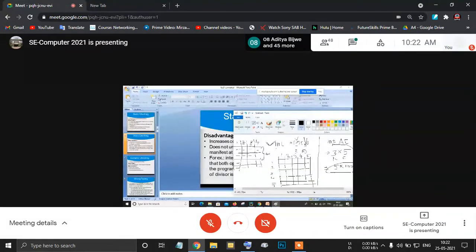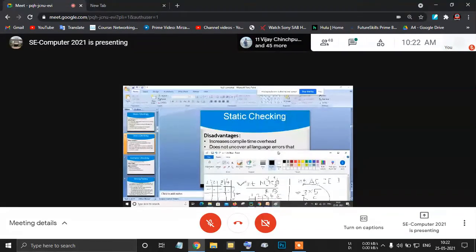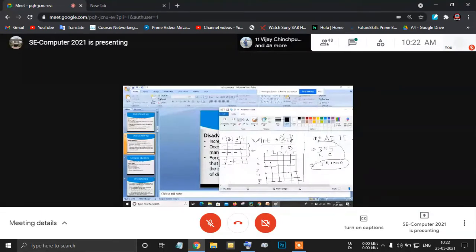Second disadvantage, it does not catch errors that manifest at runtime. Let's say I do not write this. Can the program give an error? No, the program will not give any kind of error. So it should be notified to restrict the number of records. But as a design of the compiler, it is not required that we mention the number of rows. So the number of rows can be increased according to the user input. So that is the second disadvantage.